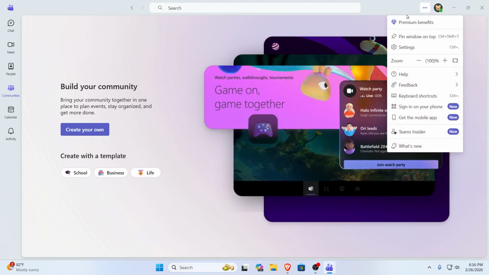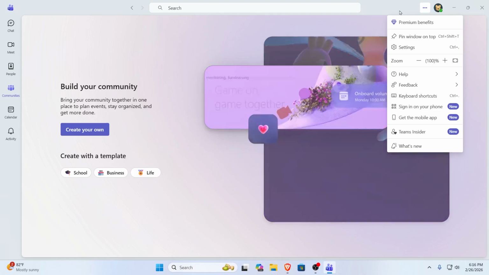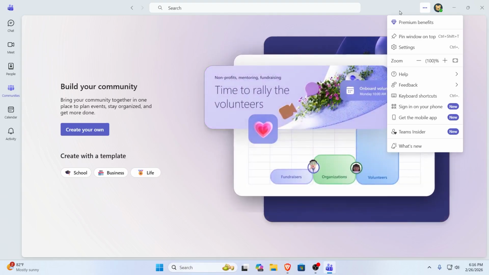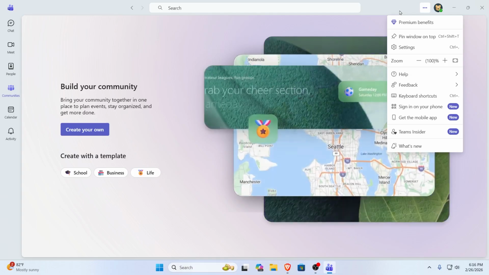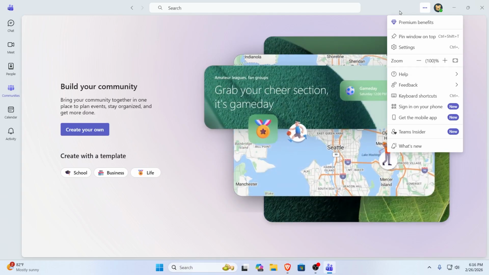So if you don't see that button called update, there's another way. But if you see that button called update, just click on it. It will close down Microsoft Teams, update it for you, and open it up for you again, and basically restart